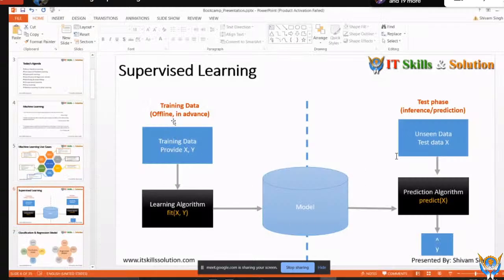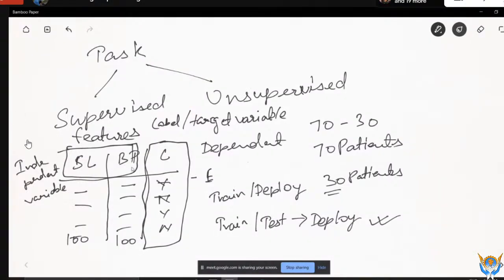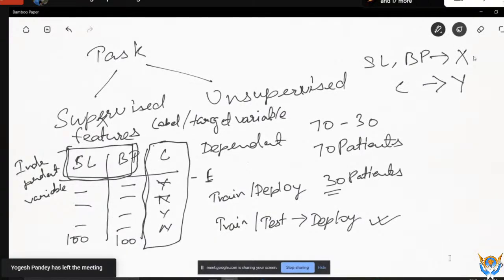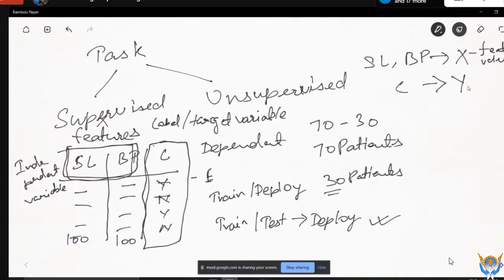So basically supervised learning के अंदर आपका क्या होता है, you have some training data, okay, x and y. So x and y here means, this thing is your x, and this label, okay, so S L and B P means sugar level and blood pressure is your X, and C whether the person is having a cancer or not is your Y. Okay, so this is basically called feature value because these are your features. Okay, and this Y is called a predicted value. This is your prediction. Okay, you are not accurate, you are making a prediction whether the person is having a cancer or not. Okay,